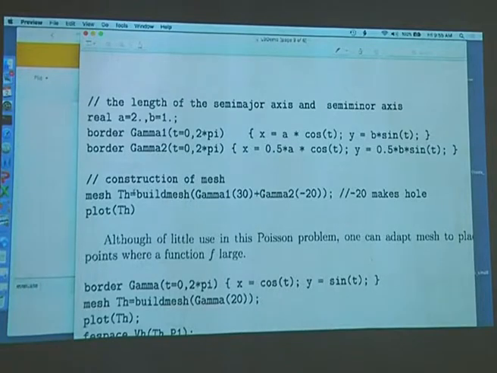So I am defining the mesh is equal to build mesh, that is the command, and in the bracket you will see it is gamma 1 and I need 30 points on the boundary plus gamma 2 minus 20. So essentially the second boundary is subtracting its region from the outer mesh, okay,